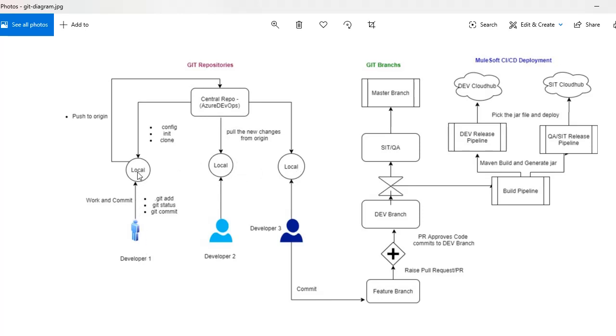Then the developer needs to clone the code, which means pulling the code from the global repository to the local repository. The global repository is a central code backup. We should not make changes directly in this central repository. We just clone that code into our laptop by using the local repository, and then the developer can work on this code.